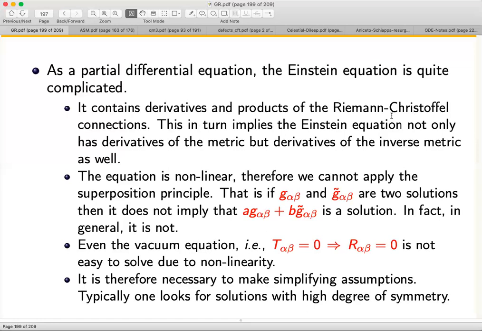Imagine you write down the Klein-Gordon equation, box phi equals something, say m squared phi. But imagine somebody says you not only have phi, but also phi inverse. So you have an equation like box phi plus phi squared times box of phi inverse,